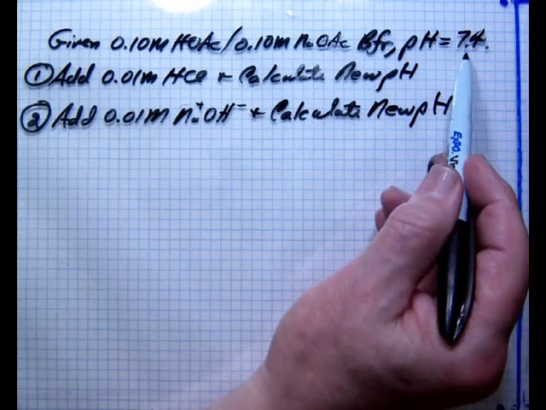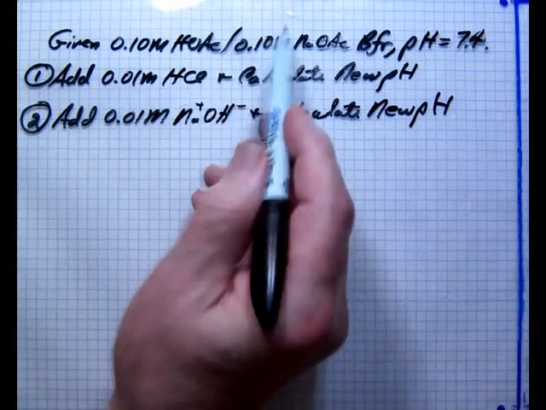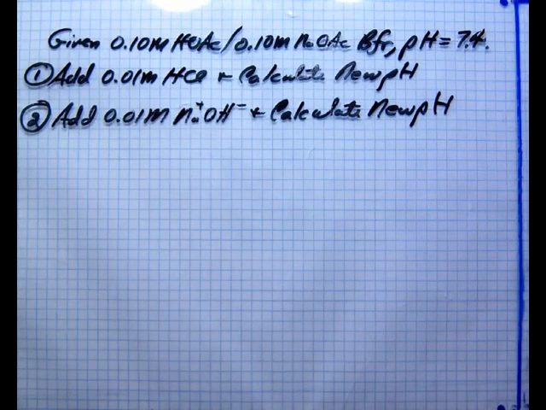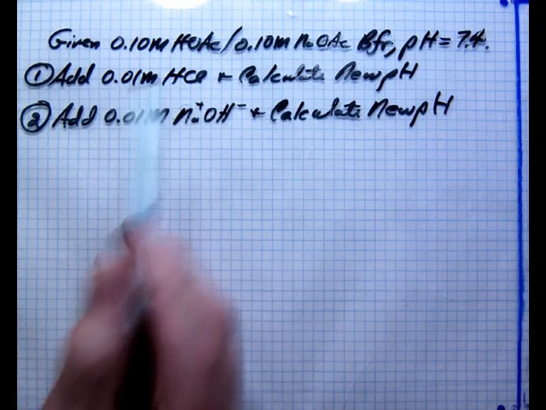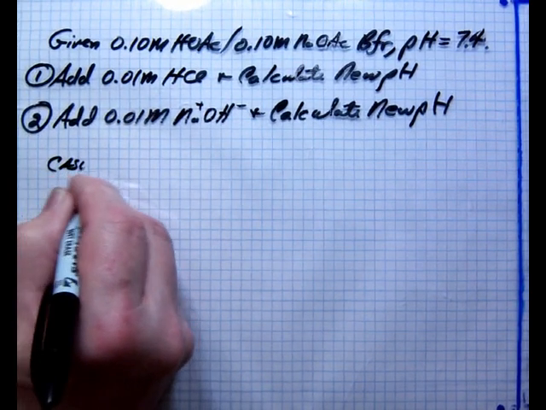We determined earlier that it has a pH of 7.4. Now, we come along in our buffer solution and we add 0.01 molar hydrochloric acid. So that's going to load up the equilibrium, or apply stress on the equilibrium, such that the equilibrium has to shift to remove the excess hydrochloric acid. So case 1,